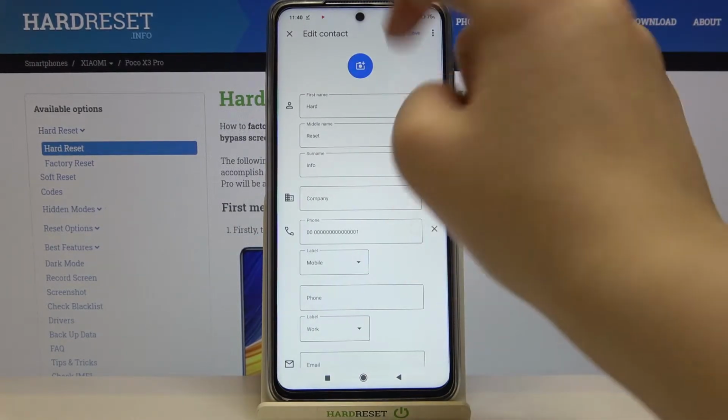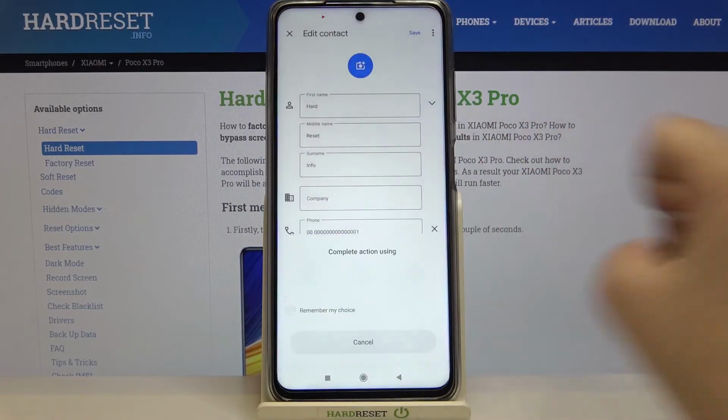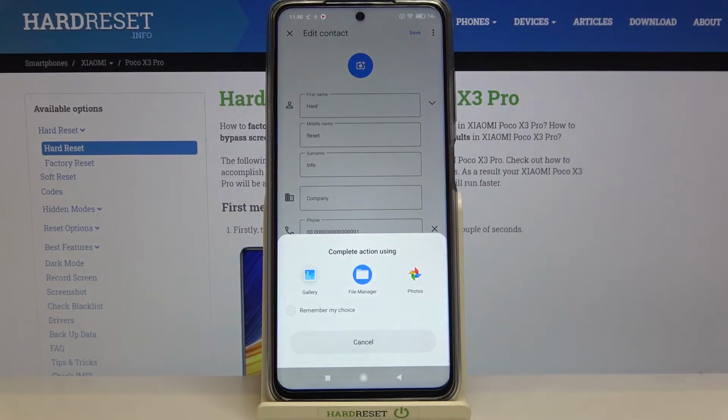Now we have to tap on this camera icon right in the middle, and your device gives you an opportunity to either take a photo and then it will open the camera app, so this is the best option to choose if you've got the person right in front of you, or we can simply choose a photo from the gallery. So obviously I will pick this option, so let's tap on it, and here your device is asking you